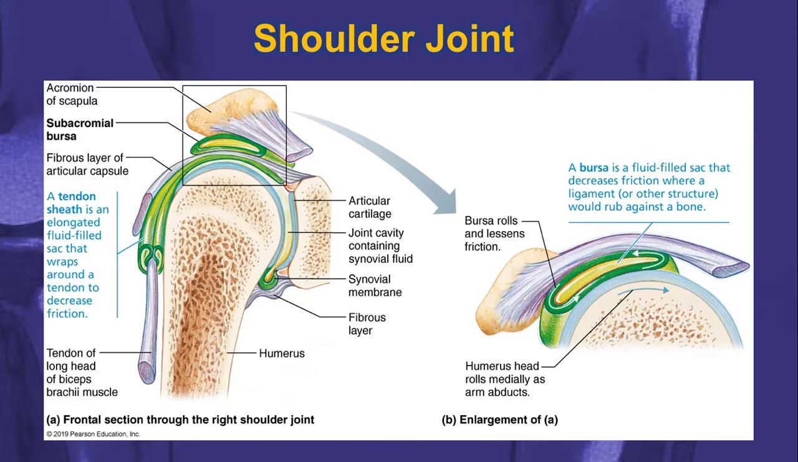Okay? We've got our fibrous layer of our articular capsule here on the outside. We have our synovial layer underneath it. And another thing that you see here in the shoulder joint is a tendon sheath. So it's kind of like a bursa that wraps around the tendon. Okay, so it's another synovial fluid-filled package that wraps around there. So, shoulder joint, then,